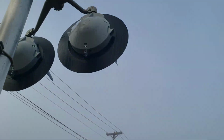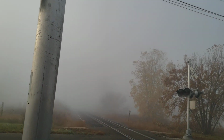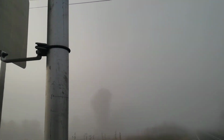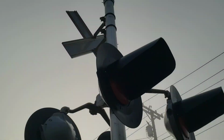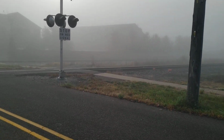But yeah, and for the lights, this has 2 more pairs of Safetran 12 by 24 inch LEDs, again the Dialight ones. And then this once again sits on a Safetran junction box. And for the bell, this has another General Signals Type 3 electronic bell. But yeah, that's that. Now let's go ahead and move on to the next Conrail Detroit line signals, which are